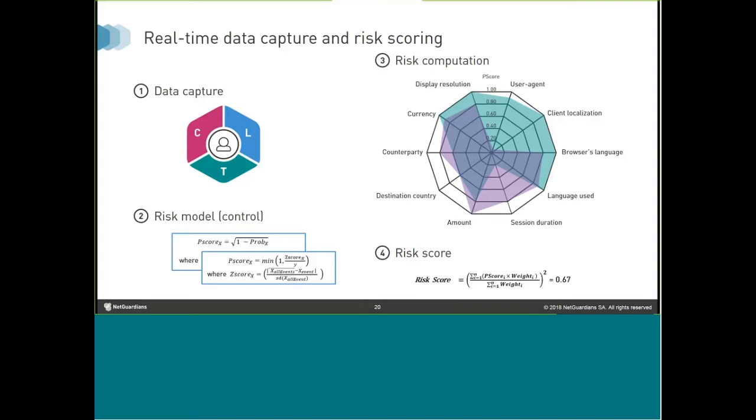So far, NetGuardians has a data scientist team working very closely with universities in Switzerland to build these models based on behavioral analytics. We've already created about 4 to 5 models to capture both digital channels as well as insider fraud. And we've deployed these across many customers, they are already taking customers to 80%